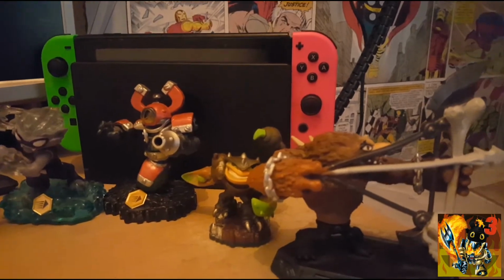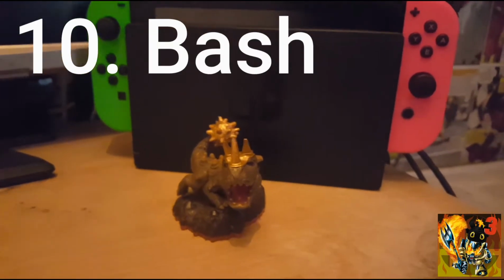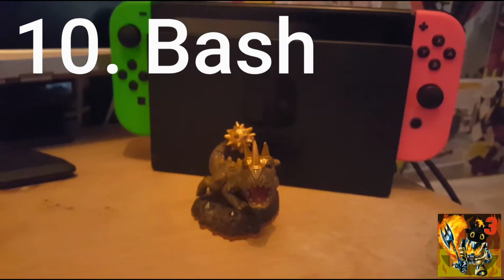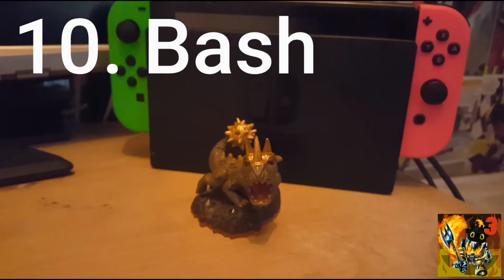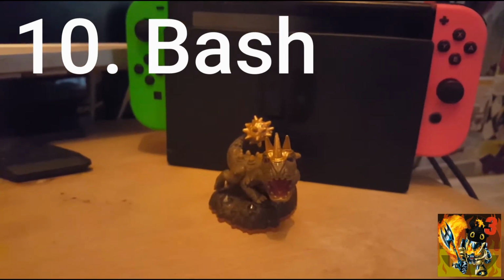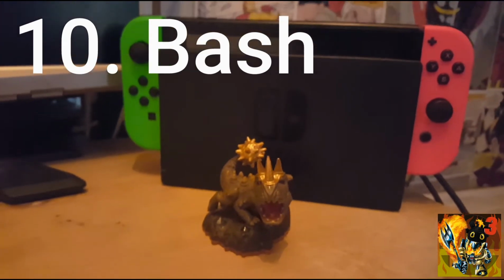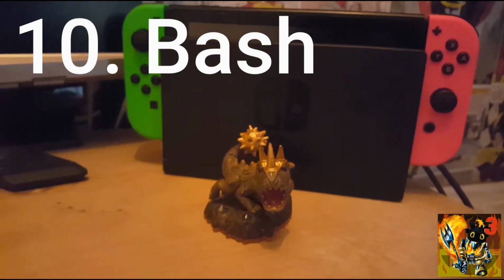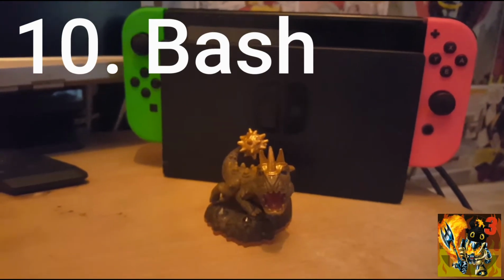So Wolfgang was very close to making the list, but ultimately the character that won out for that number 10 slot in the end was none other than Bash, specifically the Series 2 iteration, due to how great his WoW power is for speedrunning. So Bash has a permanent roll which is quite maneuverable and very good for taking sharper turns, and the fact that it's permanent means you can hold down the button and speedrun with ease. However, the roll itself is much slower than other Skylanders' speed up based abilities,